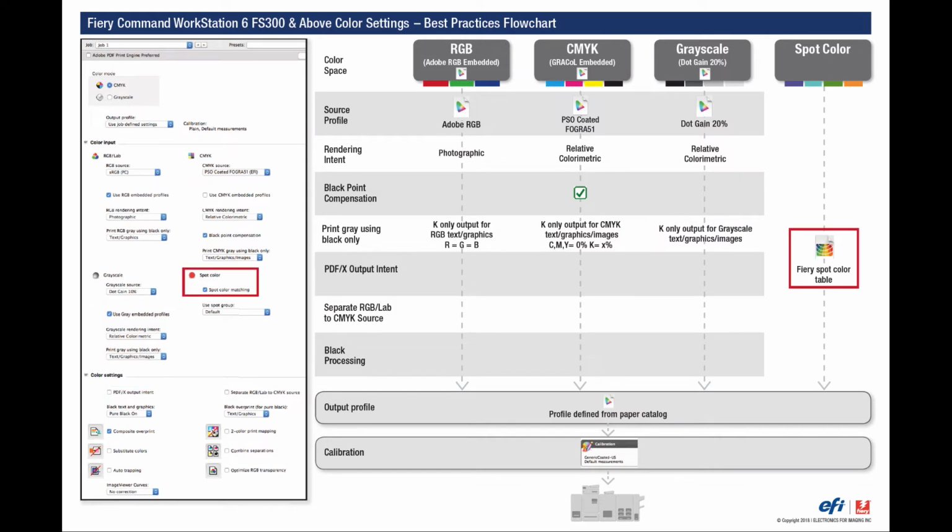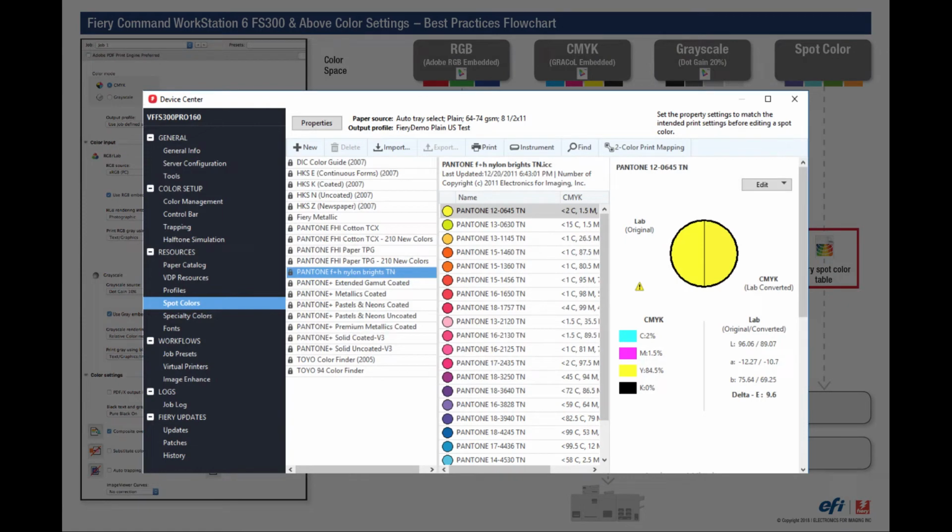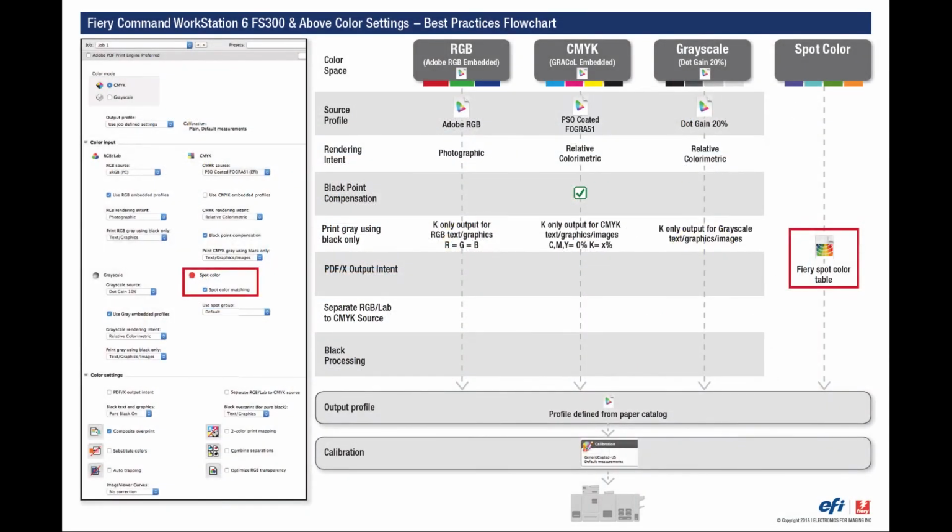The next control we have deals with the last column on the right here, which is spot colors. So spot colors are named colors, such as Pantone colors, for example, that want to be looked up through a special table on the Fiery, which is the licensed libraries we have from companies like HKS and Pantone and many others. If you want to use those named color libraries, which is the best practice, you need to turn on spot